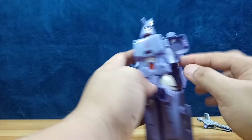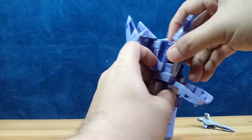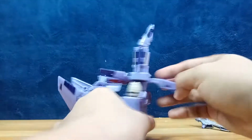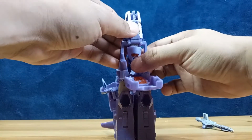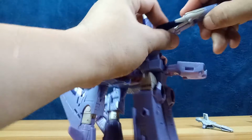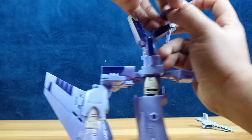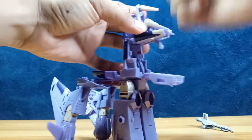shoulders from his torso. Open that up. Open also the back. So that's how he will look like. Flip this to reveal the nose cone of his spaceship, which is actually folded into two parts. So that's the first part, and then fold this as well, and then flip this out,